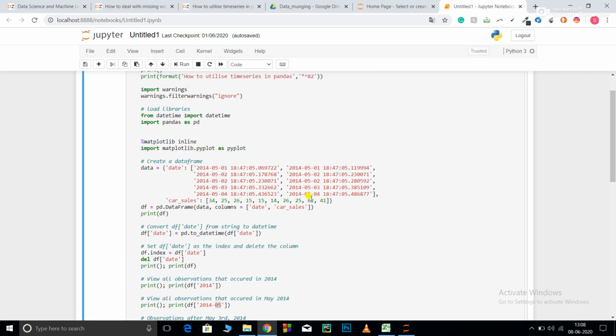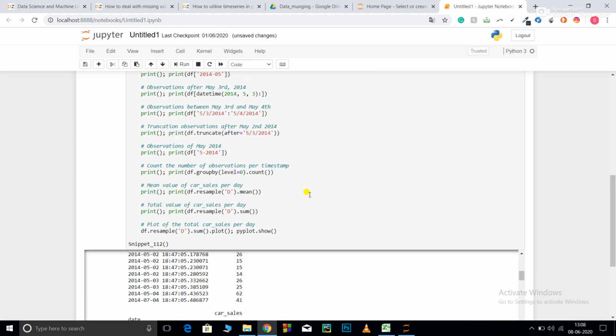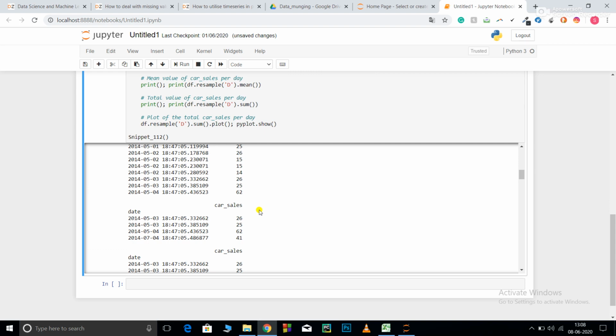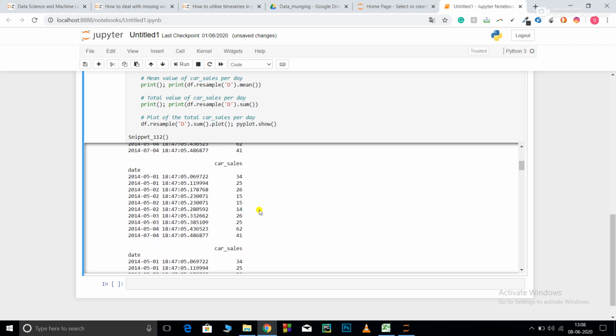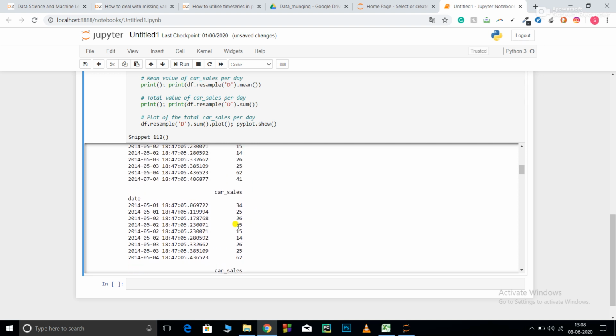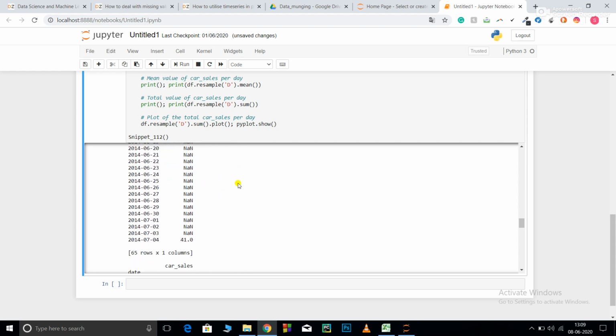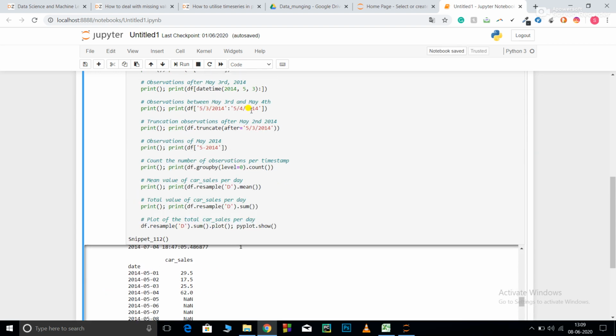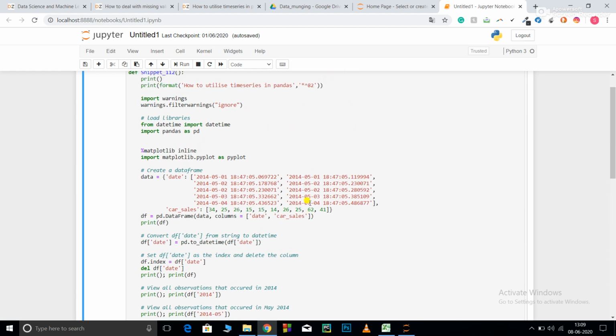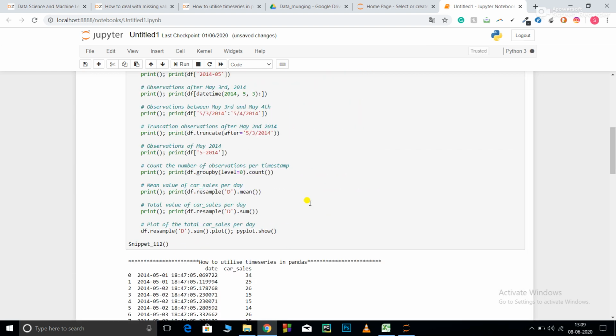Now if I change one of them to 7, my total number of entries is going to change. As you can see, 41 is missing because 41 comes under 05-07. Okay, now let me convert that back.